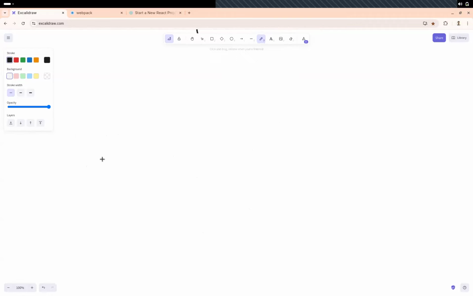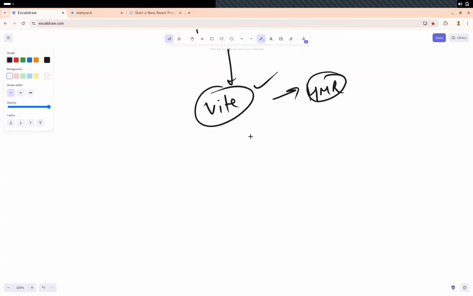So what the community did, they applied one more thing which was called Vite, right? Now what this Vite was, you can call it as an HMR support. Basically what Vite does is it does the exact same thing that CRA does, but faster, right? That's how I can summarize it. Vite basically does what Create React App does, but faster. And what this HMR is, it's called hot module replacement.